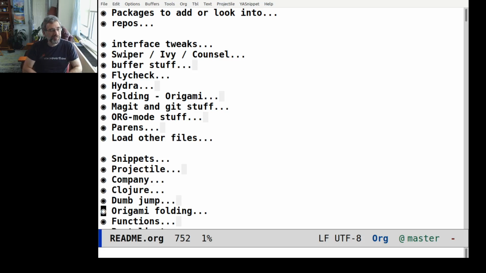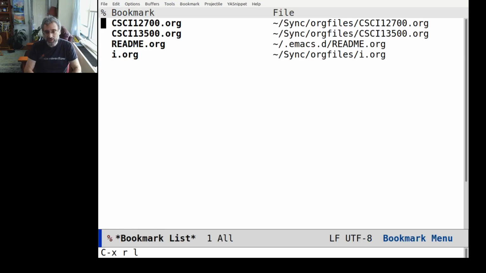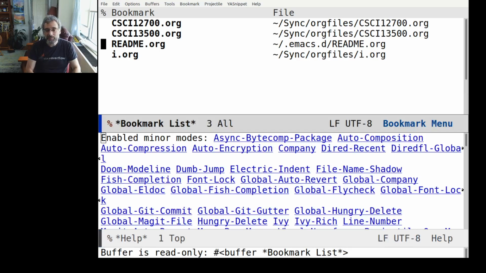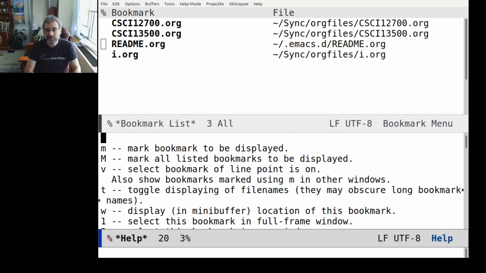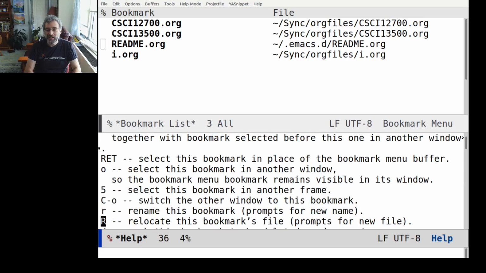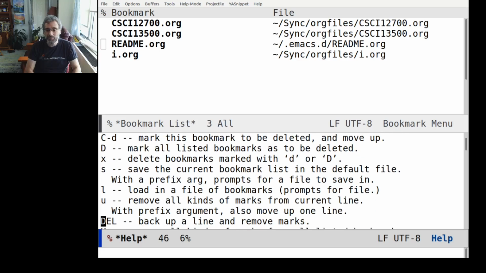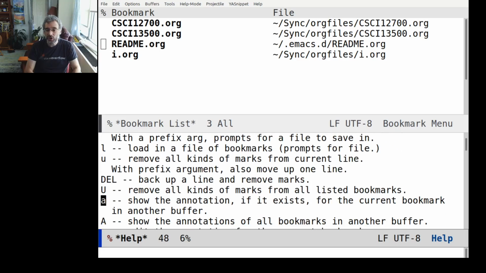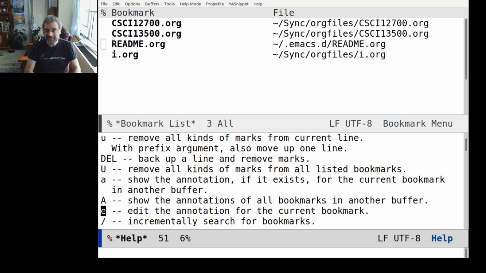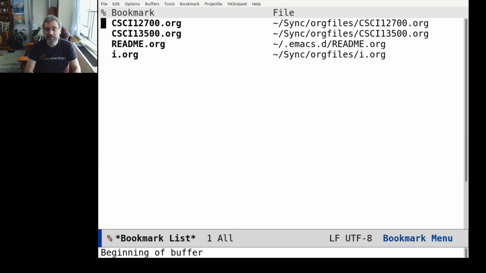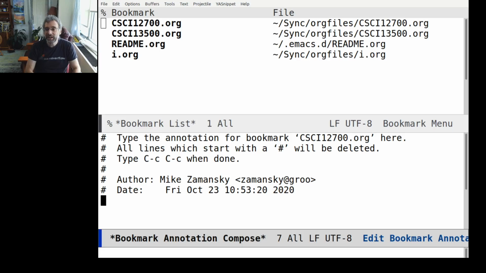So I'm playing with this now, and there are some cool things. If I go to this listing here, one of the nice things is I can type question mark, and that will bring up help, which is pretty typical for Emacs. So I can mark them, I can delete them if I want. I can annotate the bookmark, so show annotation, edit annotation. So let me actually do that. Let me edit the annotation here, and this is going to be, let's say,